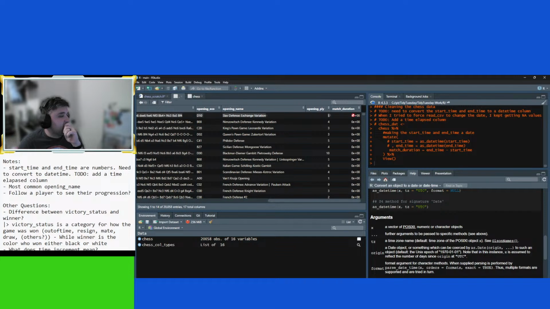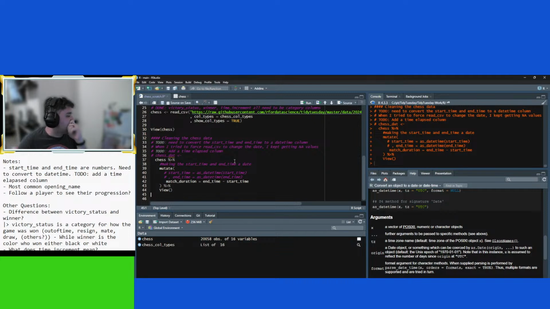Yeah, it's just 0. Crap. Okay, fine. Scrap that idea. That sucks.